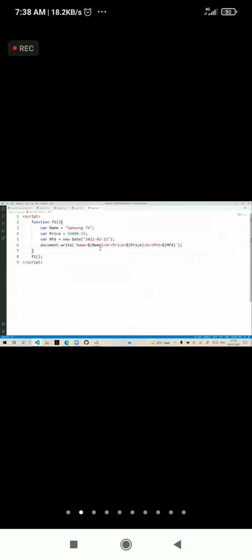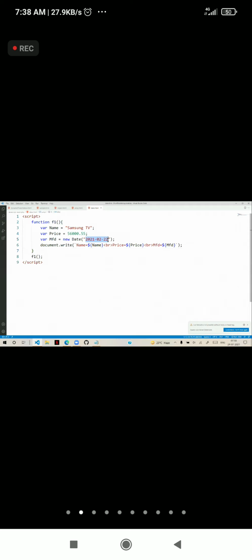So for example, see, I gave this and you can see that it shows that particular format, Monday, February 22, 2021. Here, important is, suppose I am writing like this, 21, 03, and 2021.